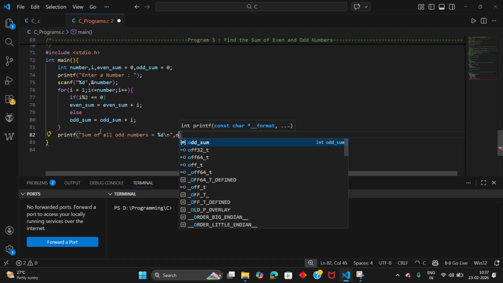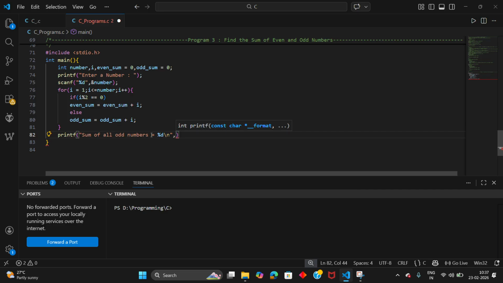Okay, and you are going to print the sum of all odd numbers in between 1 and %d. Why I'm going to use %d is that I'm going to give the parameter, that is number.